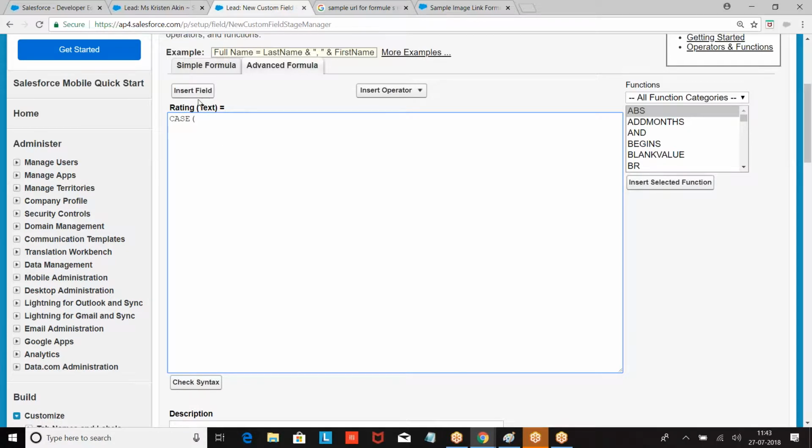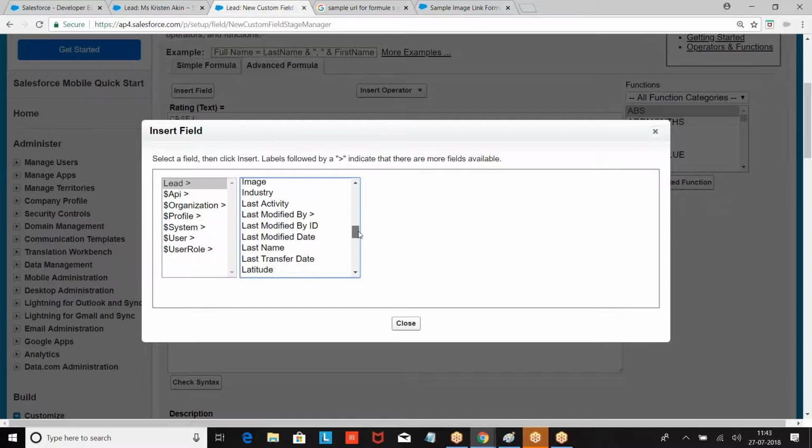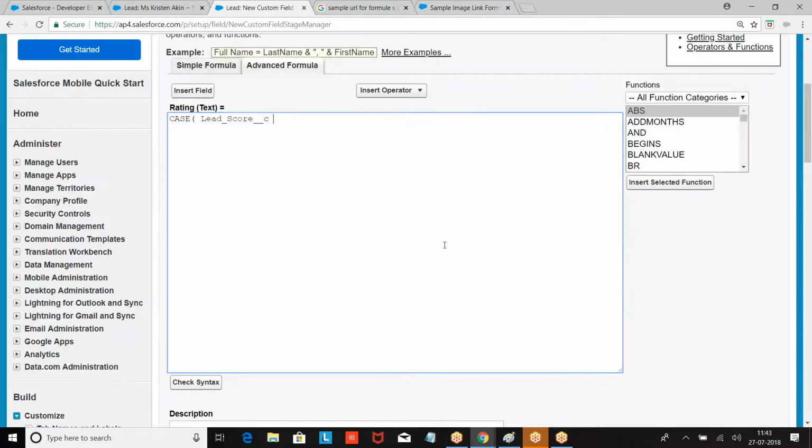Case. What is the recent field we have created? Lead score. If the value of the lead score is 50, 5-star rating. That is, the URL is already given by Salesforce. 40, 4-star URL. 30, 3-star URL. 20,